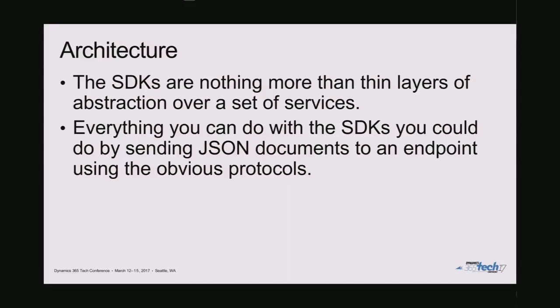But for the architecture of this SDK, there are some important points that we want to make. One of them is that the SDKs that we ship are not rocket science. They are intended to be written in a way where they are as simple as possible, and they are a very thin layer over a network protocol. So all the SDK does is create documents in JSON that are then sent to endpoints, and then the request comes back with a response. We unpack that response and make it into something that's consumable from the SDK. That's all we do. So abstraction-wise, it's a very, very thin layer on top of what we can really do.